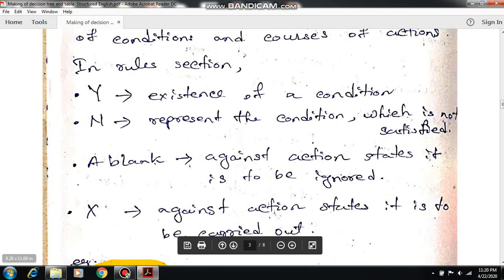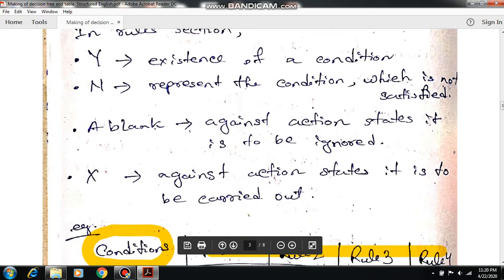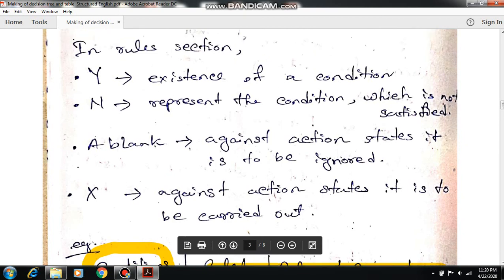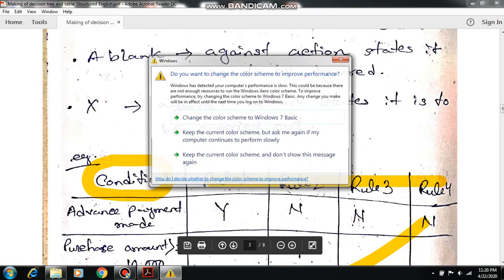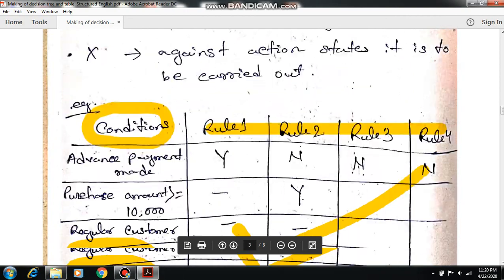So sometimes we use the cross, or sometimes we do not use the cross. Cross means the action against the action stub is to be carried out. When our action is carried out, if it is satisfied, that time we can go for the X. Now before going the